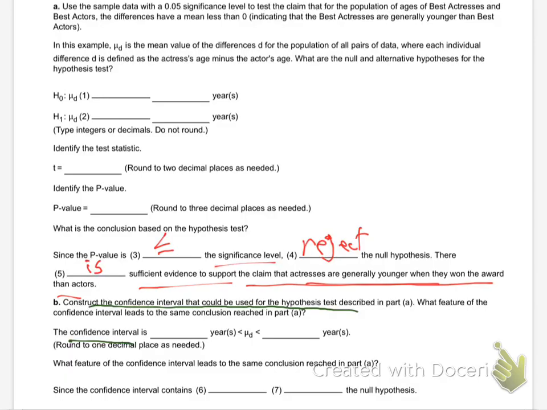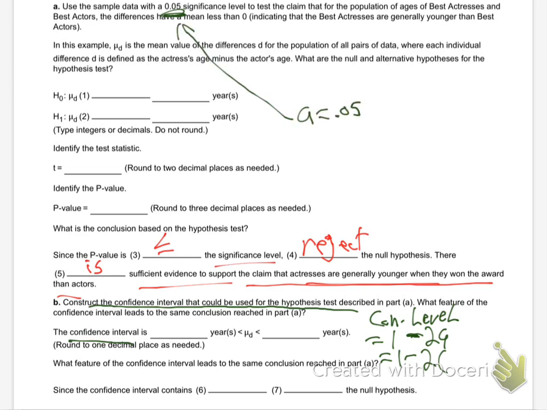So our confidence level is going to equal 1 minus 2a. What's a? Right there, a is 0.05, the significance level. 1 minus 2 times 5% is 10%, so that's a 90% confidence level. So now what you do is you can do a,